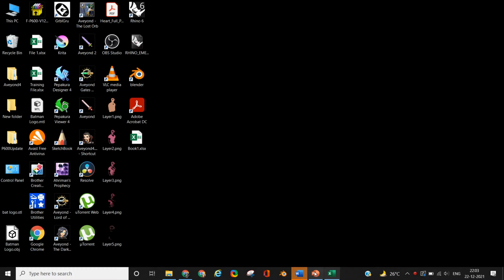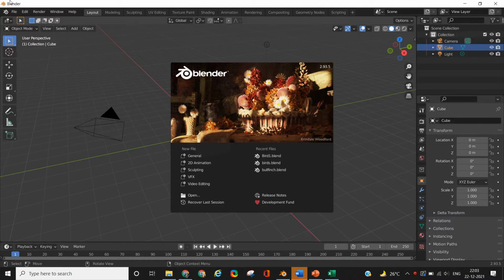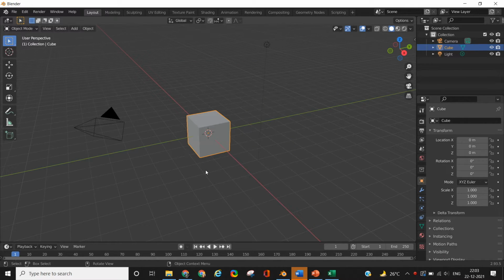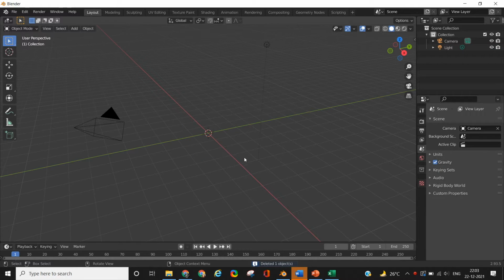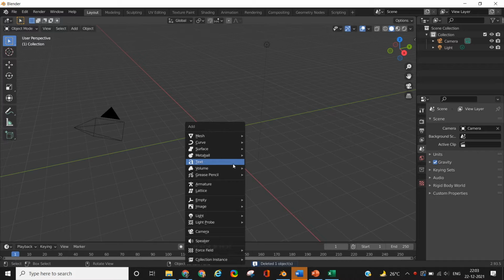So to start the process, open the Blender application on your system. Blender is a freely available software on the internet and anyone can download it for both Windows and Mac. Once the software opens, you will see a default viewport which contains a camera angle, a light and a cube. We don't want to use these default settings, so click on the cube to select it and then press X, delete, or you can directly click delete on your keyboard to delete the cube after you have selected it.